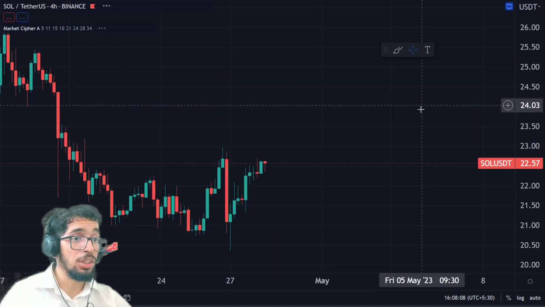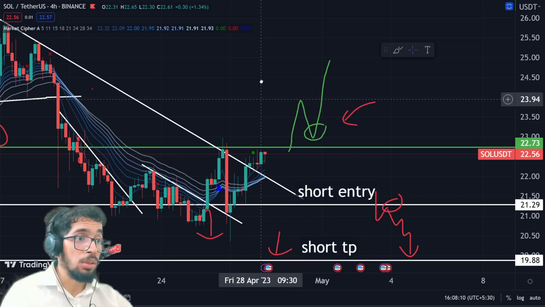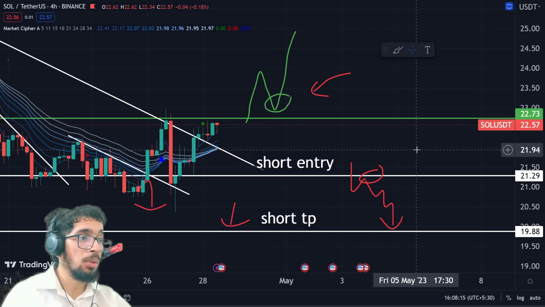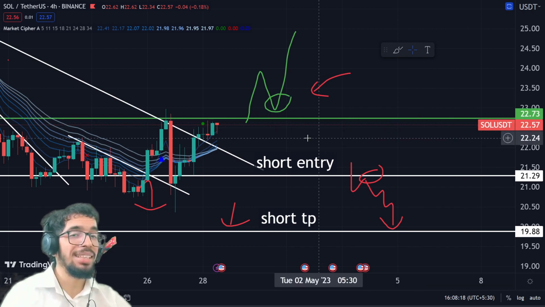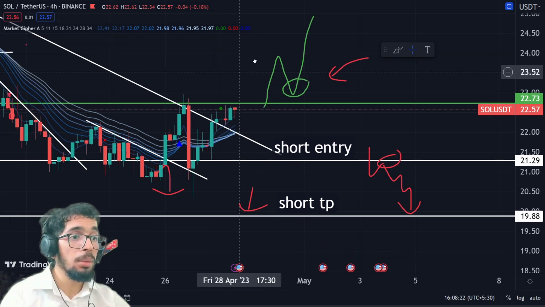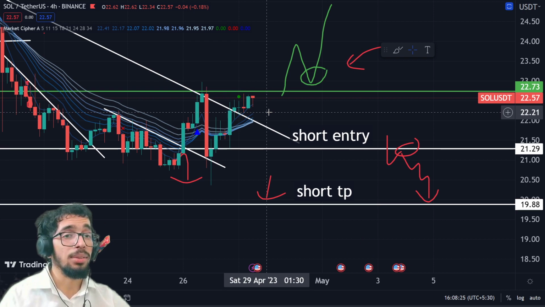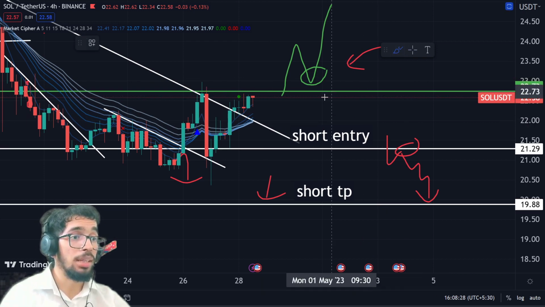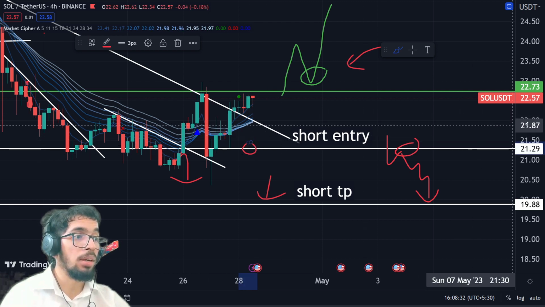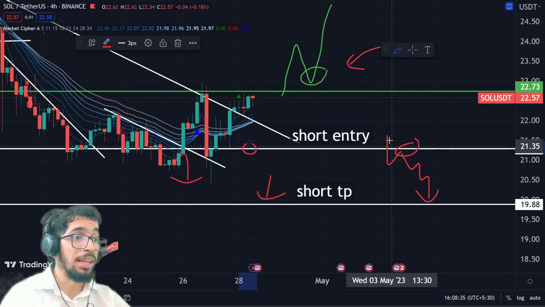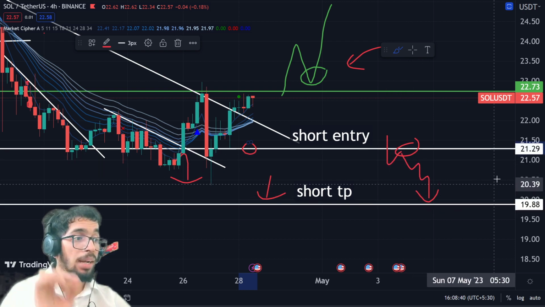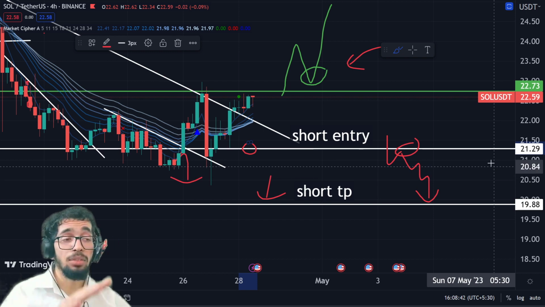Now let's talk about the next chart, which is your Solana chart. For the Solana chart also we'll be watching this resistance, $22.73. Once it breaks that and makes a support, we enter all our longs. But if BTC breaks that 28,760, then Solana will be breaking this key support at around $21.29. Then when it breaks, we enter short right here, and we put our take profits right here around $19.88. So that's for the Solana chart.